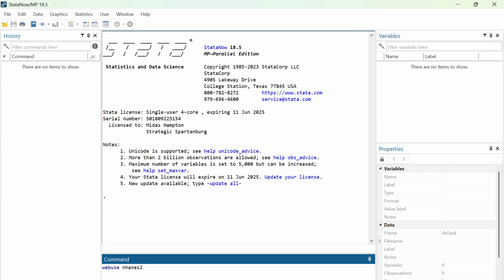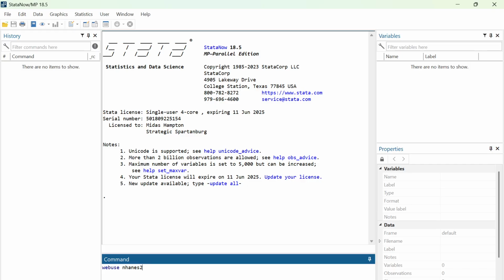In this tutorial, I'm going to demonstrate how to use the codebook command to explore more about your dataset, how to understand your dataset by using the codebook command. So I'm going to use a dataset called